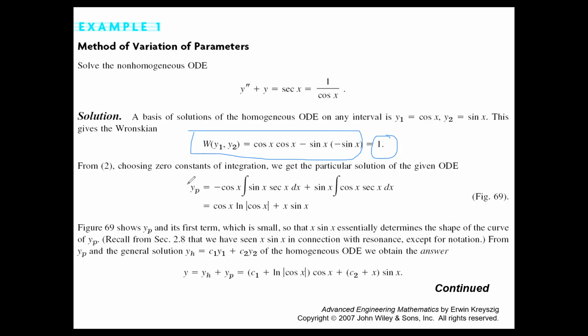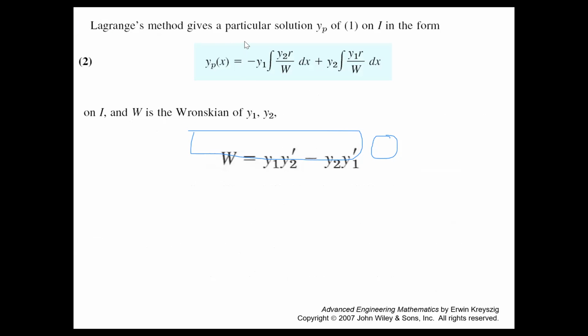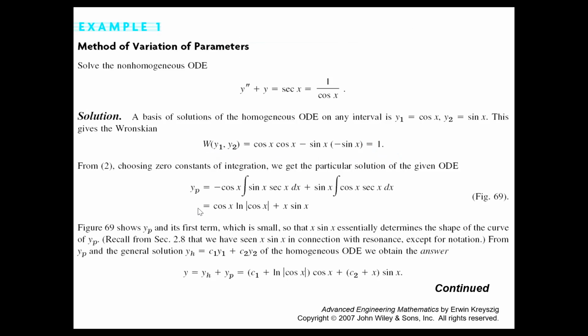And then yp, just include that into this formula, and we will have yp equal to this equation, and then you do the integrations. I think you can use the integration table for this case, and then you have yp equal to this. Then you already have yh from our previous discussions, and you have yp over here, then we combine that to become yh plus yp is equal to this. So this will be your general solution